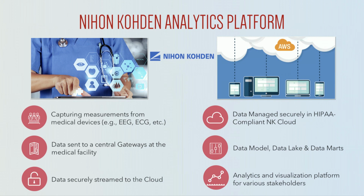Another initiative we have is with the medical device company called NIHON KOHDEN. They are a Japanese medical device firm. They have a pretty big presence in North America, but they have a US lab where they hadn't done this till now, where they want to be able to pull in data from all their devices at the various hospitals